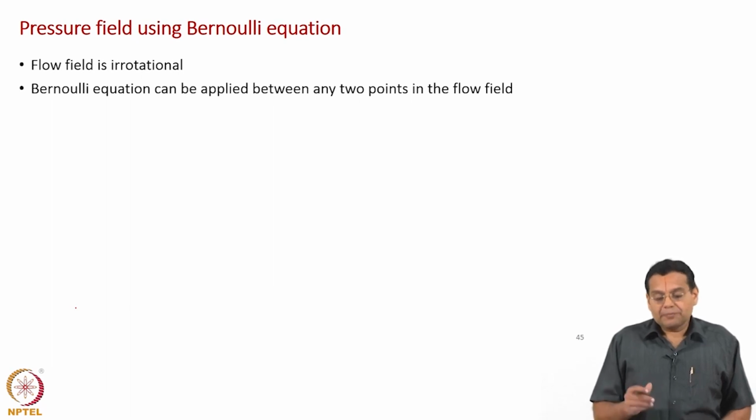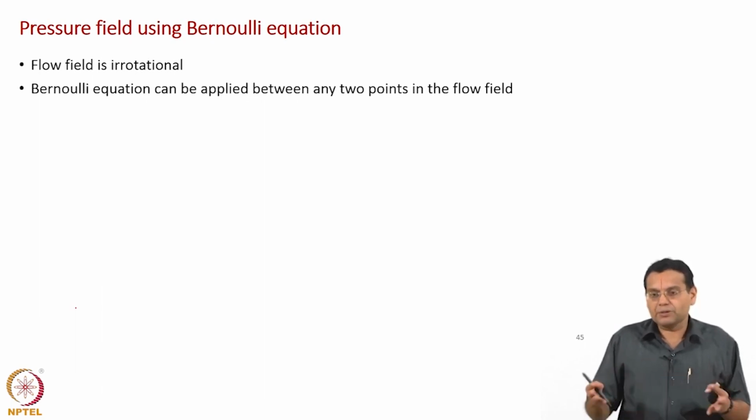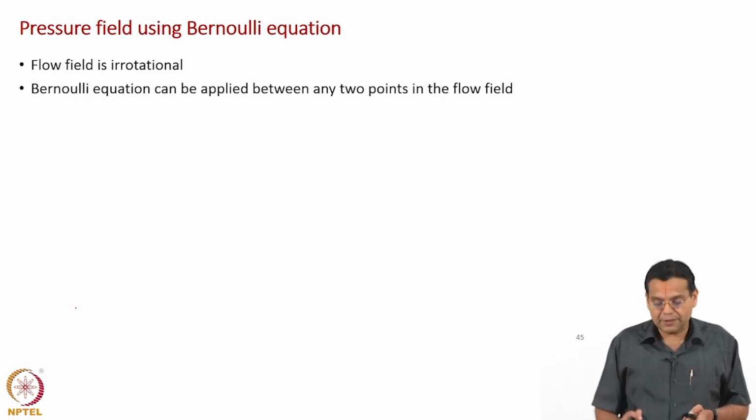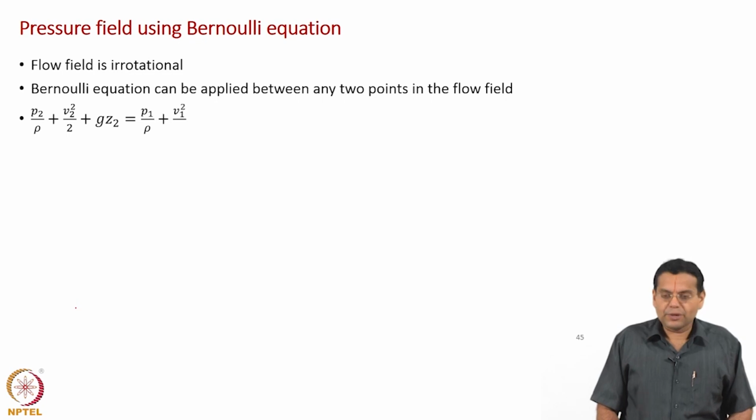Because if it is not irrotational, then by applying Bernoulli's equation you can't get the pressure field, because then you will have to apply it only along streamlines. Because it is irrotational and because you can apply Bernoulli's equation between any 2 points, you can get the entire pressure field, okay. So let us write down the Bernoulli's equation which I have derived between 2 points 1 and 2,